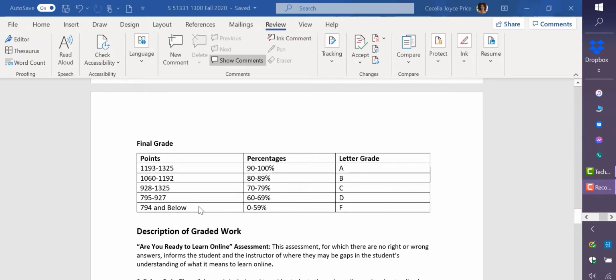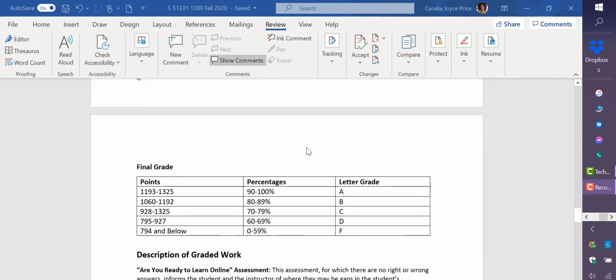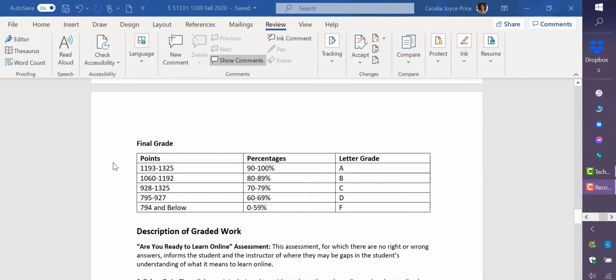Here is a very important piece, and we are on page 5 of our syllabus. This is how you earn your grade. Well, let me back up. Let me say that more specifically. This is the scale that tells you the range for an A, a B, a C, a D, and what